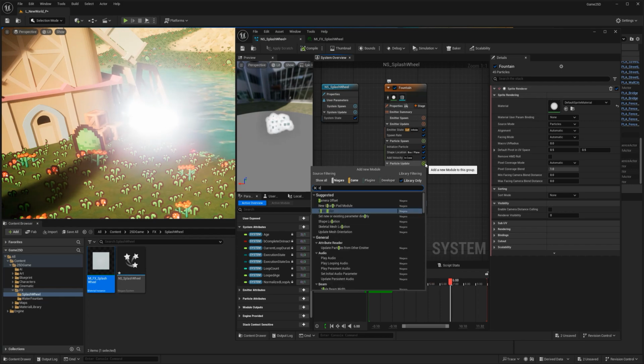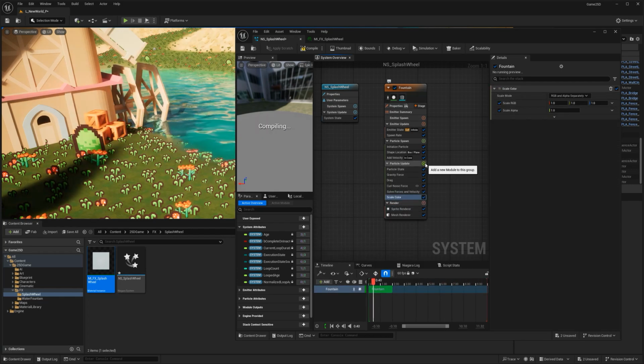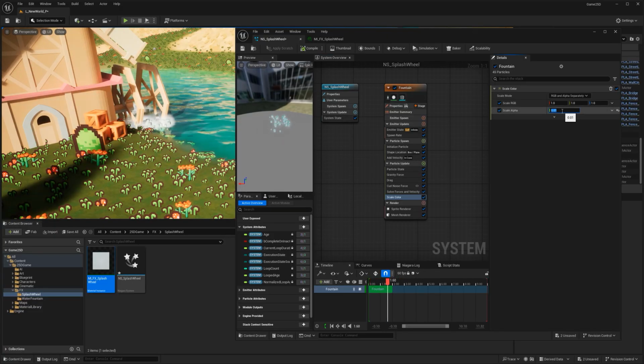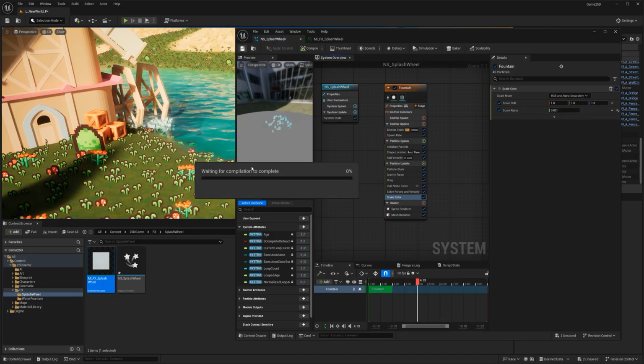But if there's illumination here, just go to scale color, and if you go to alpha here and put 0.1, oh, actually, not bad. Not bad at all. 0.001 though. Just a little bit of a haze. Not bad. Actually, it looks cool.